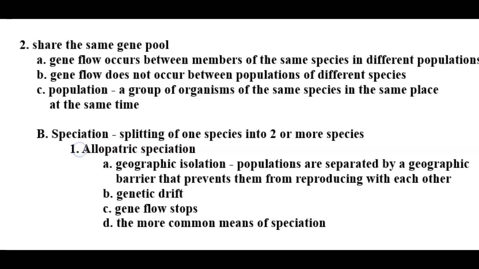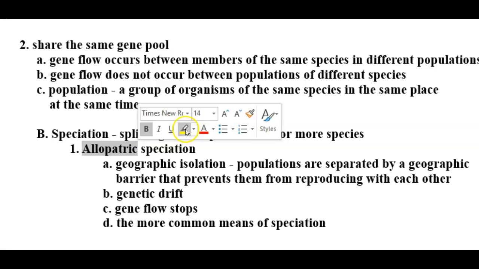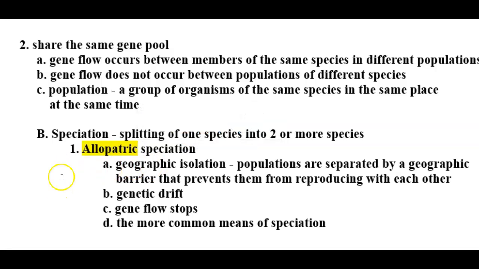Allopatric means other fatherland, and this is going to deal with geographic isolation. So there's going to be something preventing them from actually interacting with each other to reproduce. So populations are separated by a geographic barrier that prevents them from reproducing with each other,